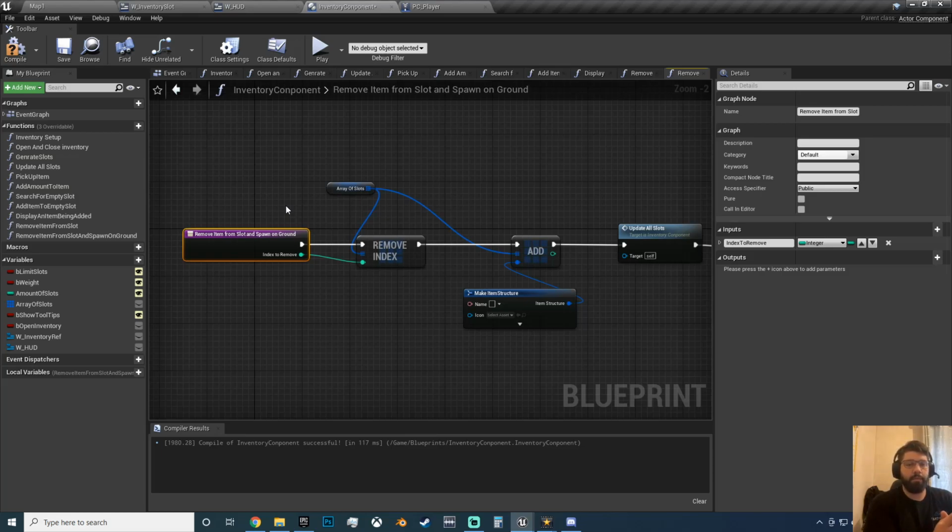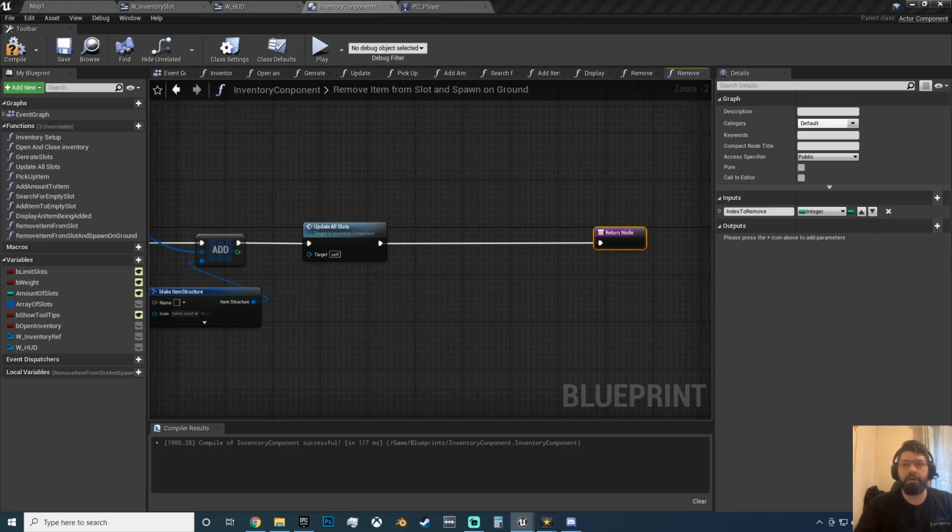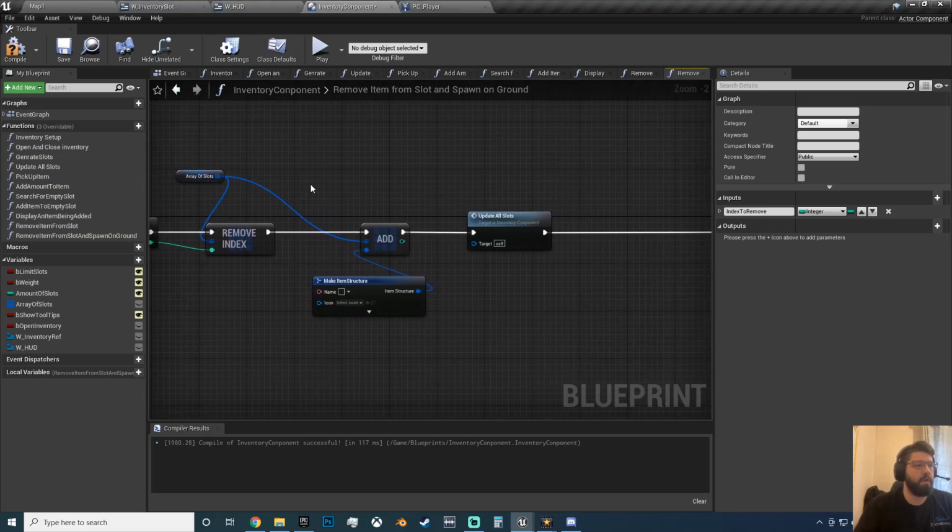If you're dragging it from your inventory onto the HUD, wherever, to the side, above, you will want to spawn it on the ground. So you need 2 different functions to do 2 different tasks. But all we're going to do is come to the end of the function here, and there's a little bit of script to do, and I have taken the amount and the enum type before I've removed it. Right, so before you remove,